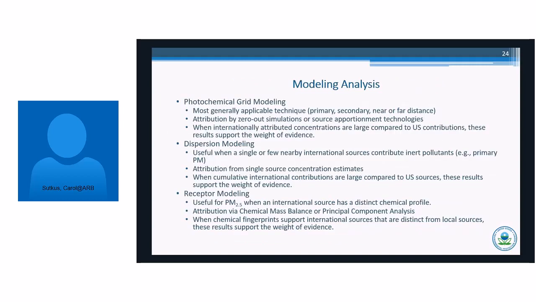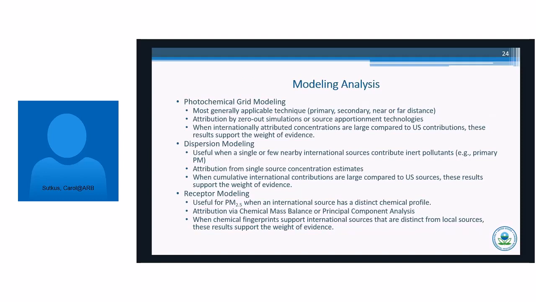Now I'm going to talk about the modeling analyses, which can be considerably more complex. We'll start with photochemical grid modeling. We're starting with photochemical grid modeling because it's the most generally applicable technique. It can cover both primary and secondary sources. It can cover near sources as well as long-distance sources.